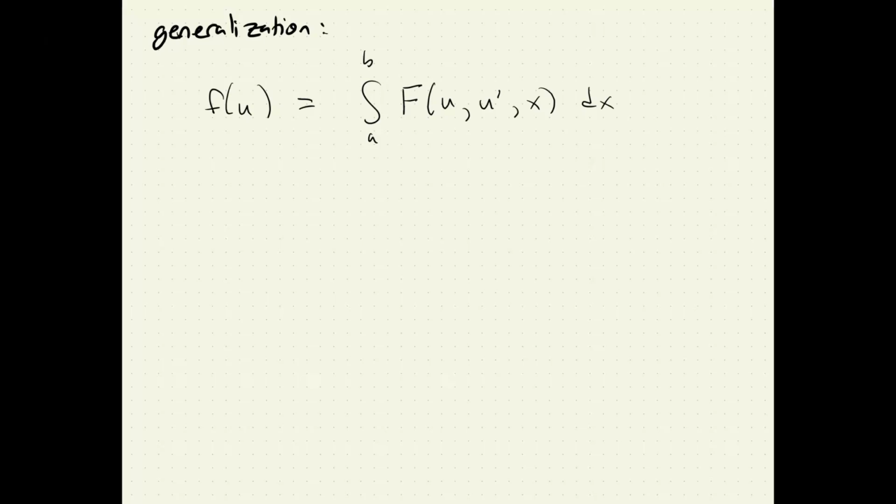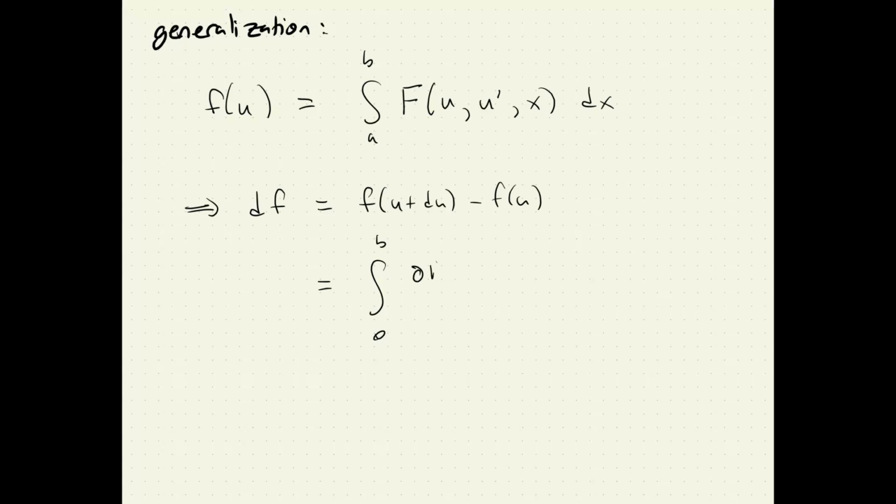This is a functional. And then what is df? Right? So df is f of u plus du minus f of u. So now what are we going to have? There is going to be a term that looks like